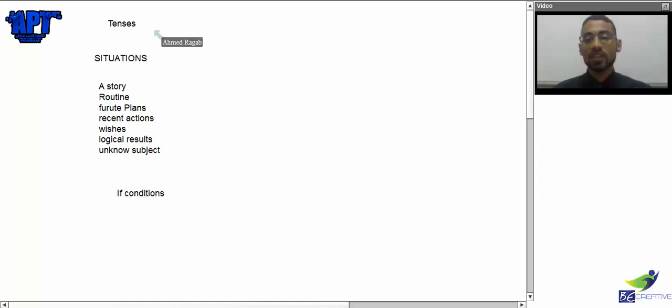It's not about rules, it's not about solving exams. Exams are just a small part of the evaluation. But the first important part of the evaluation is your self-evaluation. How can you evaluate yourself? When you listen to yourself, or you speak and record yourself, you find lots of things. You find lots of mistakes. Me, myself, sometimes when I record myself, I find a tiny mistake I've never noticed before.